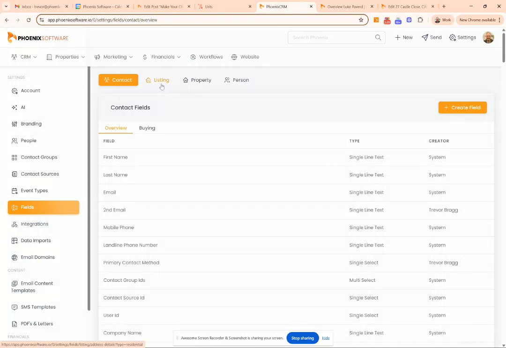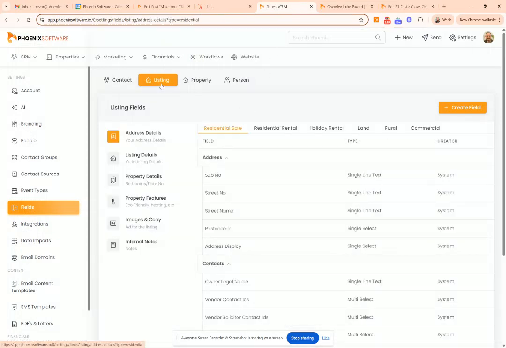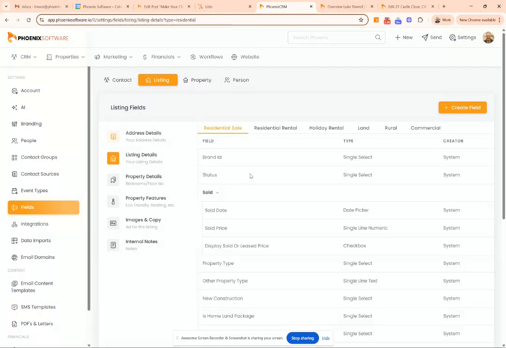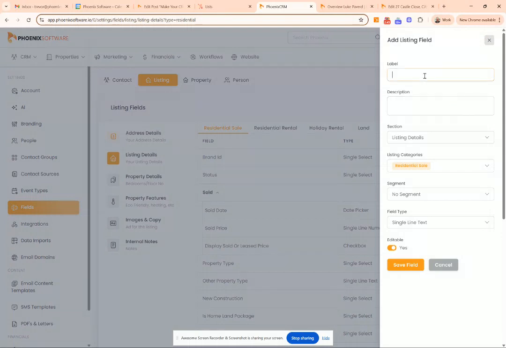Moving back to custom fields on listings. So an example where you might like to create a custom field on a listing record is for something like an auction price guide. To do that, you would go to residential sale, listing details, and then you would create a field. In the label, you might call it auction price guide. You could put a description. We want it to appear in the listing details under residential sale, and we want a single line of text. The reason for that is it gives us flexibility with the data we put into the field,